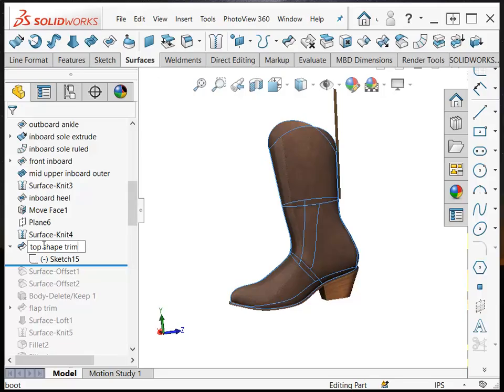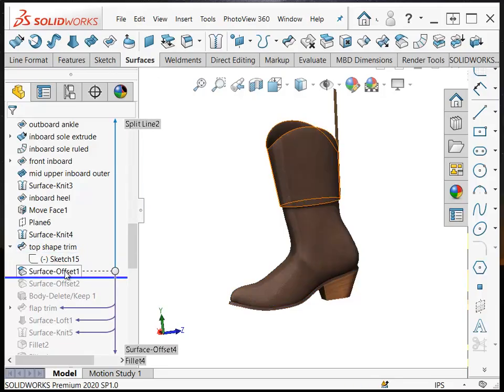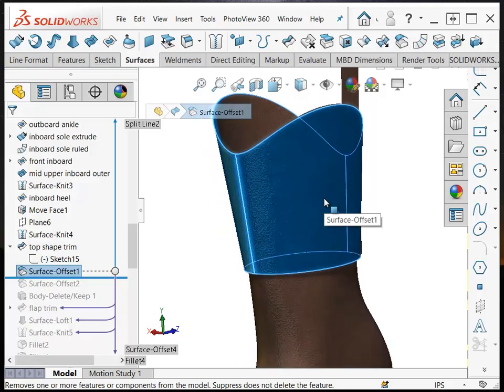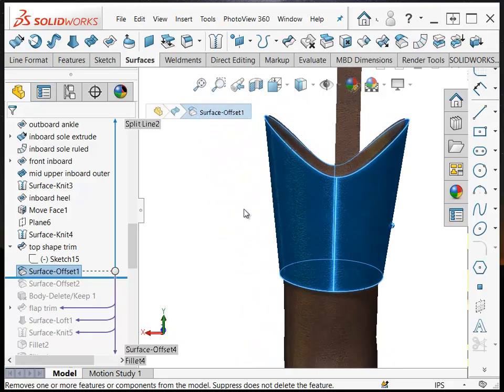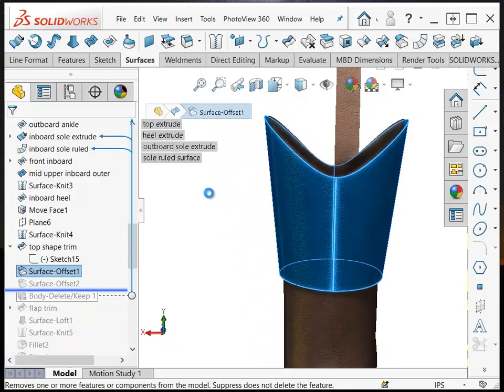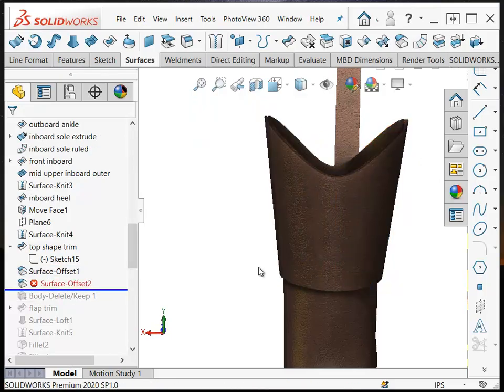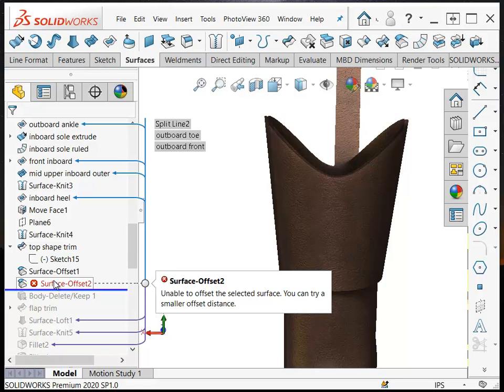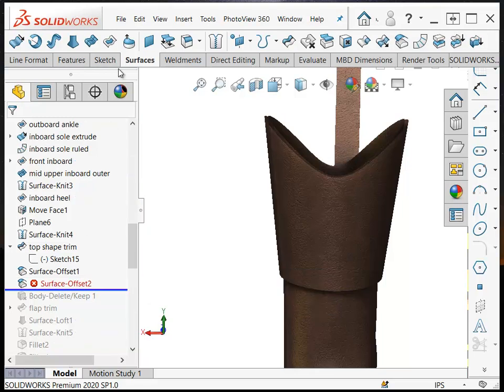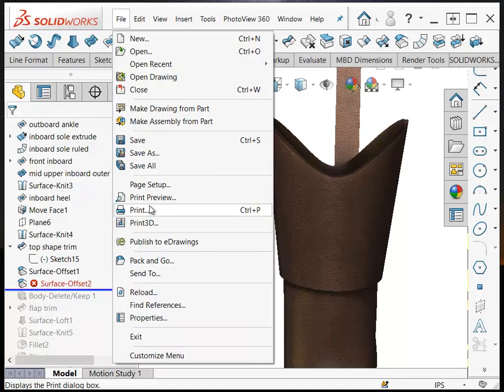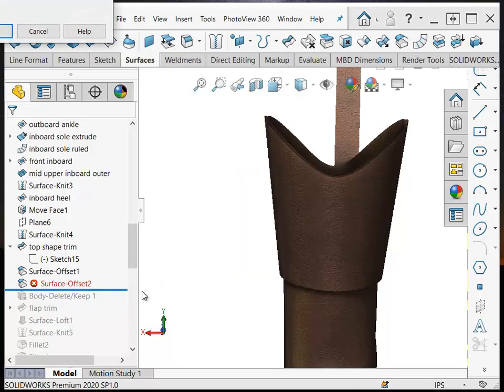so we could rename this top shape trim. And then I created an offset of those top faces, and then another offset. At this point, I'm starting to create some of the interior and exterior features of the boot. In the course of rolling this back and making changes, I've done something that upset the balance of this offset surface. So what I'm going to do is go back to the original and go to File, Reload,